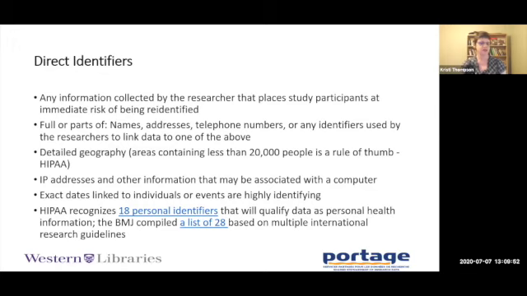The U.S. Health Insurance Portability and Accountability Act has a list of 18 personal identifiers that is frequently referred to in the literature. Well, a more recent set of guidelines from the British Medical Journal includes a list of 28 direct identifiers based on multiple international guidelines. I'm not aware of a Canadian list. If you're looking for a list, then I like the British Medical Journal one that I've linked here.